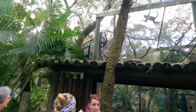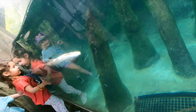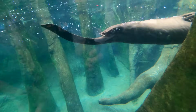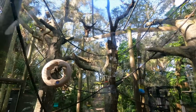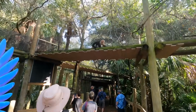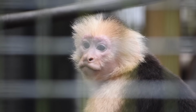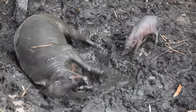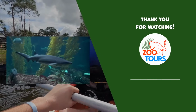The Rainforest Revealed may not be the most flashy South American attraction when it comes to naturalism, but it certainly does a phenomenal job encouraging natural behaviors and letting animals explore multiple spaces at once. Even though it's considered the zoo's peak, I cannot wait for our next adventure in one of America's most underrated zoos. So until next time,